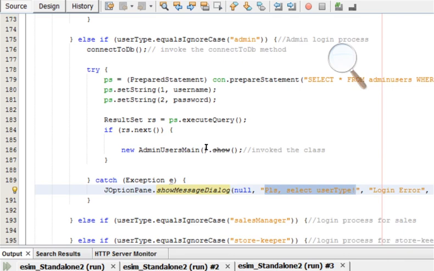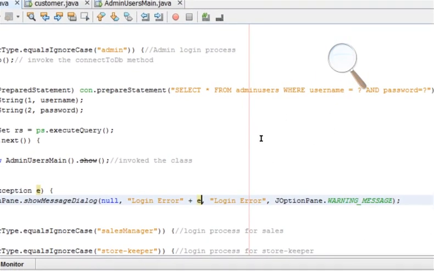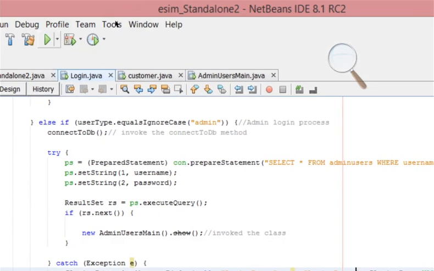Now, not successful, right? Login error, right? Login error. So you tell us at development environment, what is the error? When you're done, you remove it. Login error here, it's correct. So if you run,